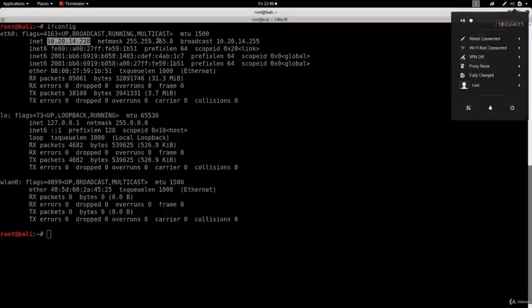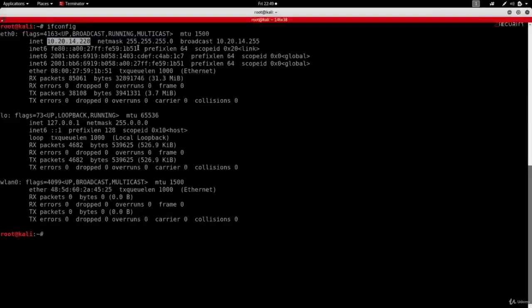So this is the interface that represents the wired network that Kali is connected to, which is actually a virtual NAT network. You can also see the netmask, the broadcast, and a really important piece of information, which is the ether. This is the MAC address of this virtual interface.